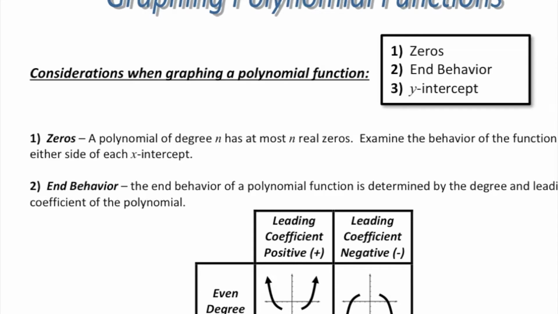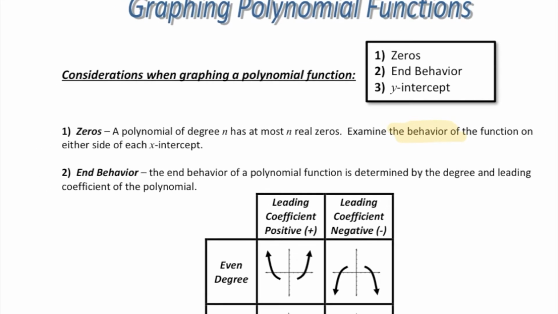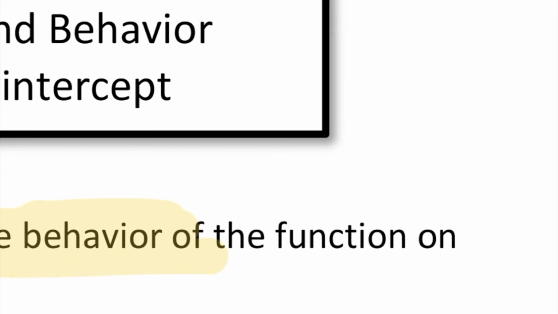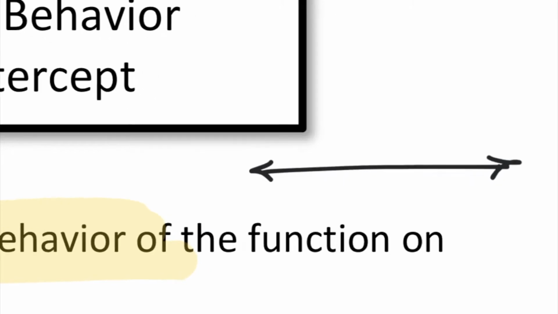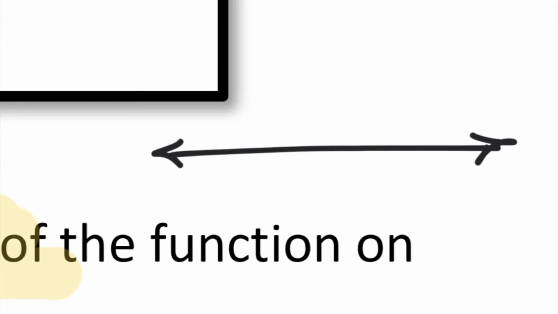The other thing that you want to look at is what the function does, and I call it behavior, so you want to look at the behavior of the function on either side. You want to look at the behavior of the function on either side of the x-intercept, meaning that if, let's say that here's the x-axis, there's a number of different things that could happen. You could have a function that